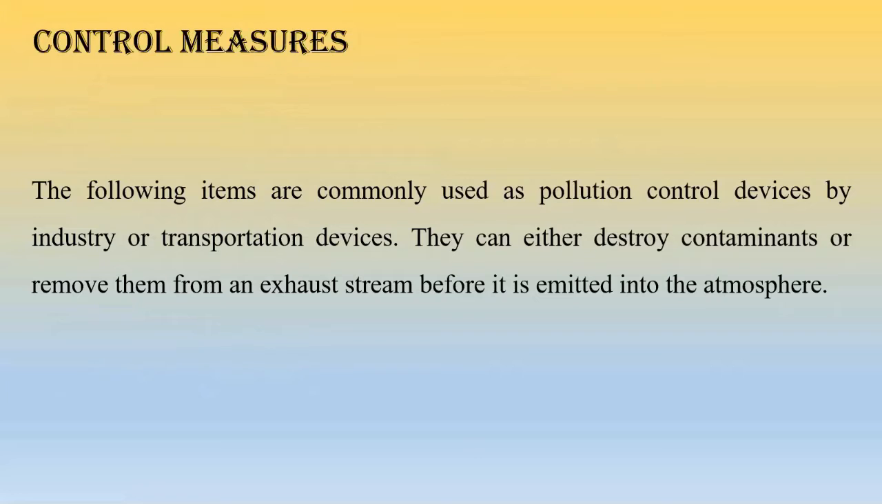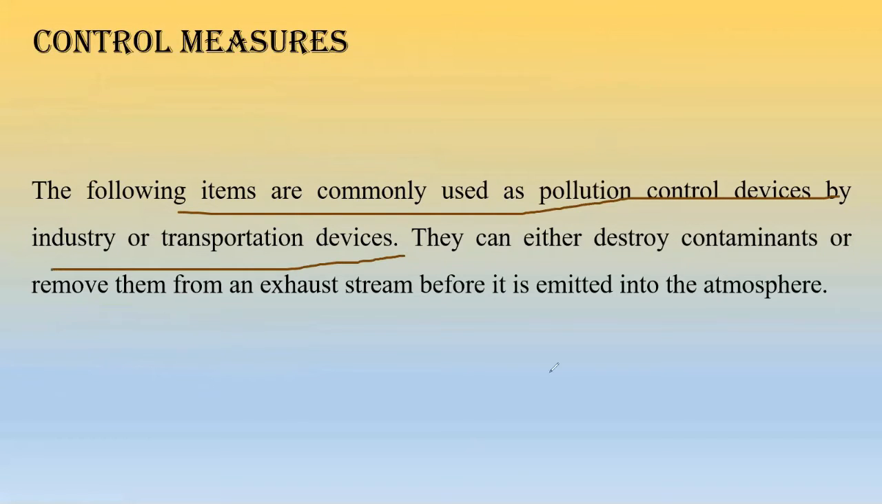Now the following items are commonly used as pollution control devices. Air pollution can be controlled using the following items by industry or transportation devices. Suppose we are an industry and we release lots of smoke. Now this smoke contains various things. Before releasing this smoke, we should treat that particular smoke so that these particular objects are either separated or deleted or are converted to some other form so that they're not harmful. Now this particular work requires different devices. Also, each of our vehicles